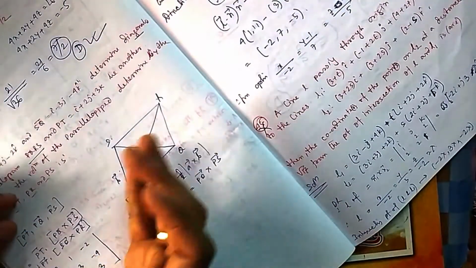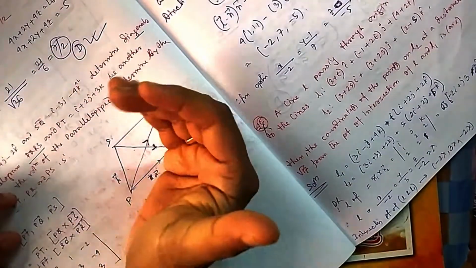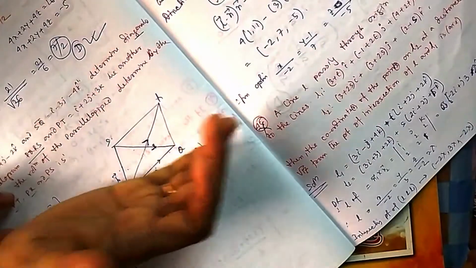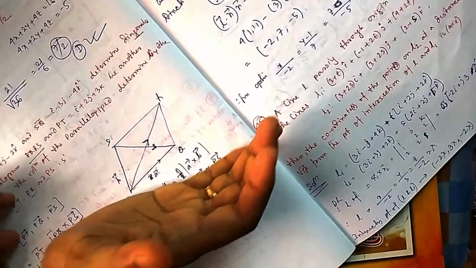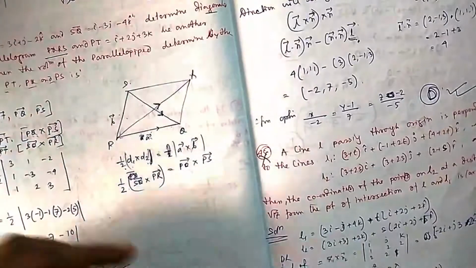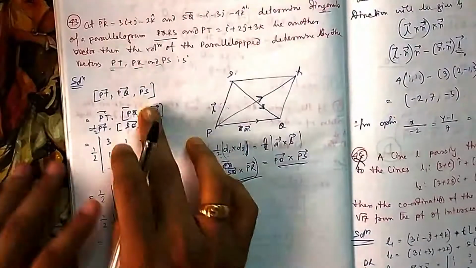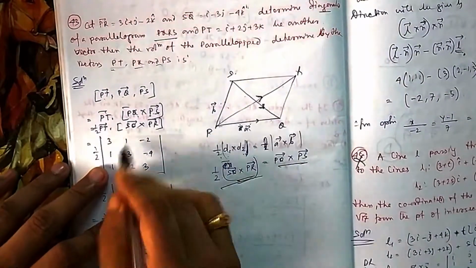Because if you multiply PQ and PS, then it is coming up. So if you maintain this direction, you have to multiply in this way. That is SQ multiplied by PR. So that's why it is SQ cross PR. If it is so, then you can say that vectors are equal. So instead of this vector, you can write directly this.